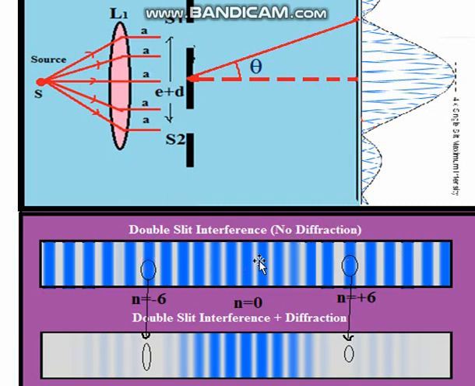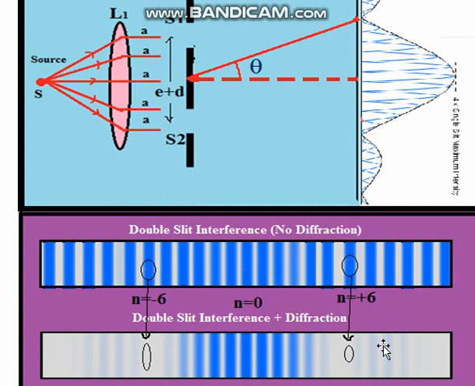This pattern is very similar to Young's double slit arrangement, and we obtain equally spaced bright and dark fringes alternatively. Suppose that this is the central bright band just at the center on the screen at which the path difference is 0, and let's focus on the n equal to +6 order of the bright band and the other similar order bright on either side of the central. So this is the double slit interference.